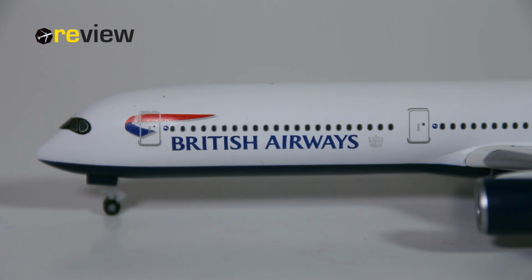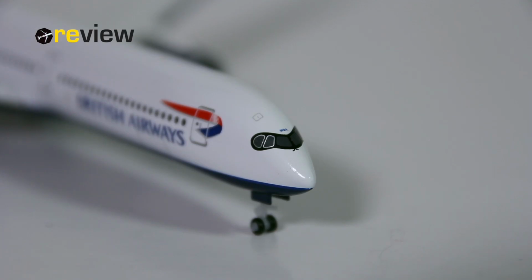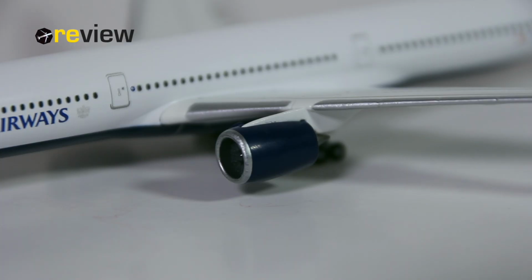At the very front around the cockpit we of course have the very recognizable black coloring around the cockpit windows. We have the window wipers and we have the last three letters of the registration code above the cockpit windows. On the other side we can also see the emergency hatch for the cockpit printed on as well. The engine nacelles have been given the same dark bluish color as the belly of the aircraft,